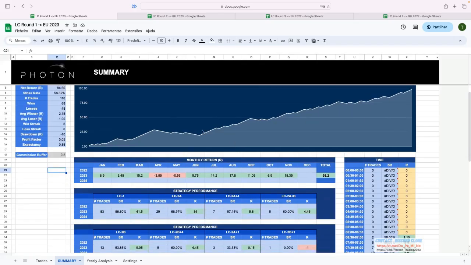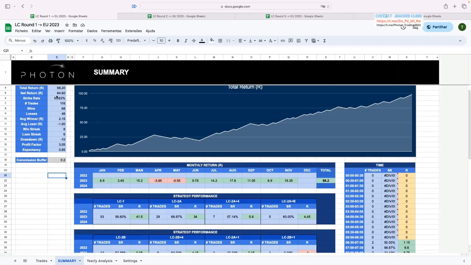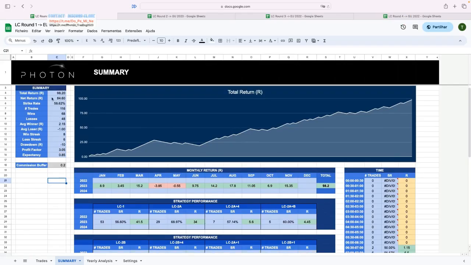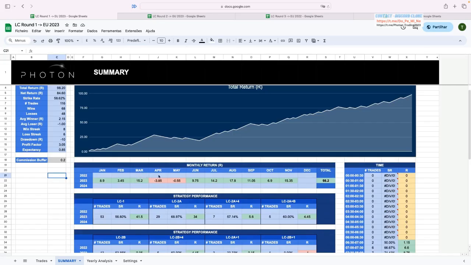But you can see that was still decent. I'm not very focused on the percentage, but yeah, it's still a nice strike rate. 84 is okay, because of commissions and buffer, especially with M15, I put 0.2, but it's a little bit lower, honestly, because if you use M15, you have a bigger stop loss. Because you have a bigger stop loss, the lot size is lower, and because the lot size is lower, the commission is also lower than the M5. So January, February, March, April, May, again, I don't look too much into this